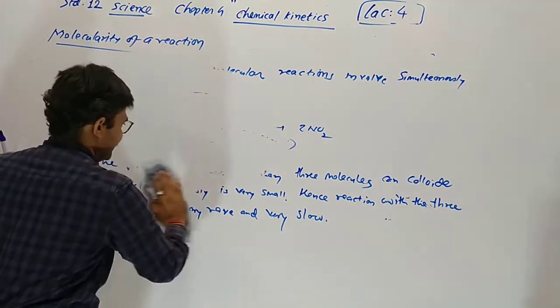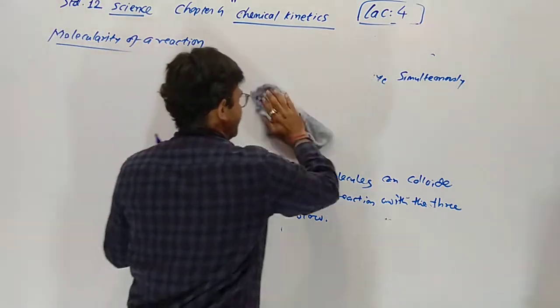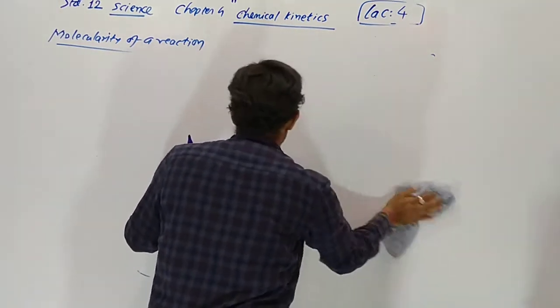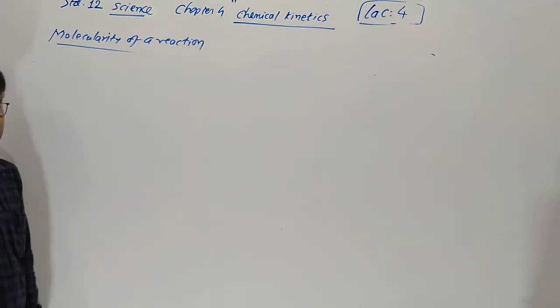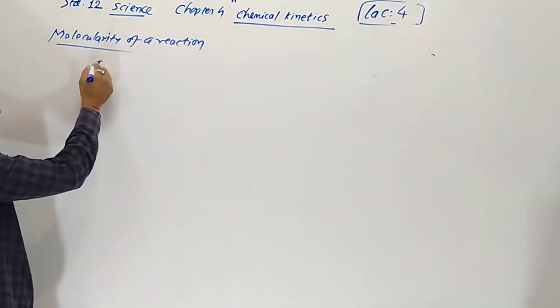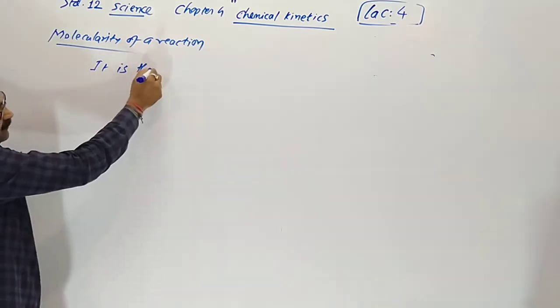So more than 3 molecularity at a time, collision in one step occurring reaction is not possible. It is therefore evident that complex reactions involving more than 3 molecules in the stoichiometric equation must take place in more than one step.